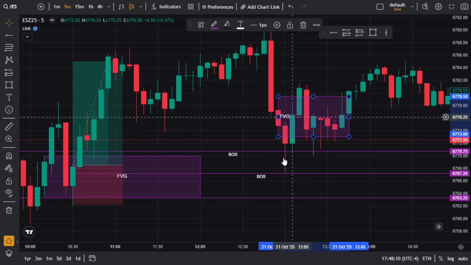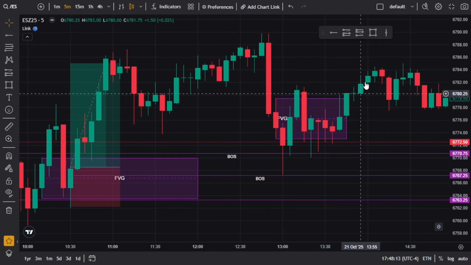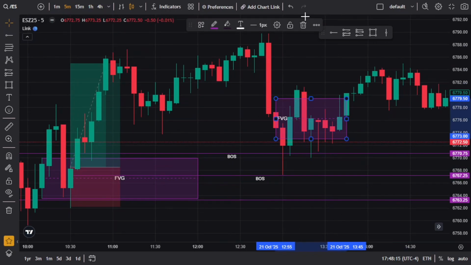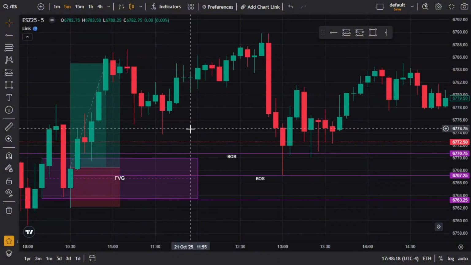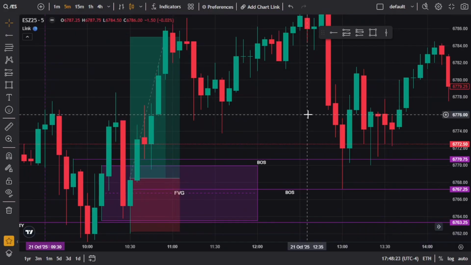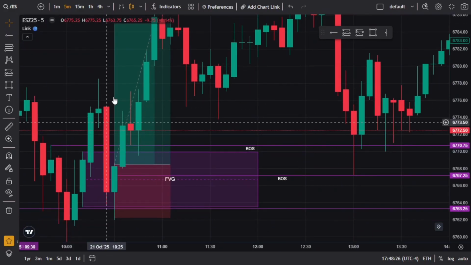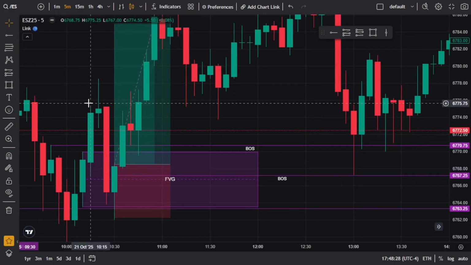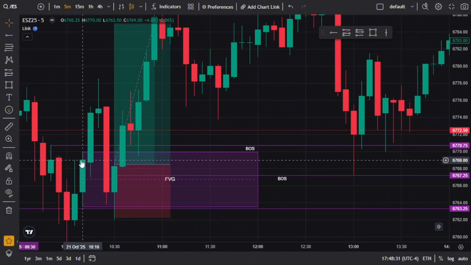You may be thinking, why didn't it go right here? Because we didn't use our other confluences here, so it doesn't really work for here. But it absolutely worked for this one. Beautiful, our fair value gap had a beautiful retracement. So we're going to mark that out, meaning none of this has happened yet. We're going to wait for this to close. Once it's closed, boom, we immediately mark out our fair value gaps on the 5-minute time frame.